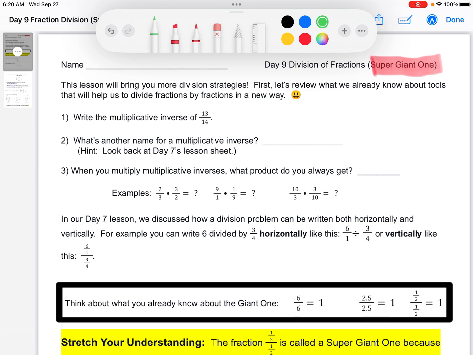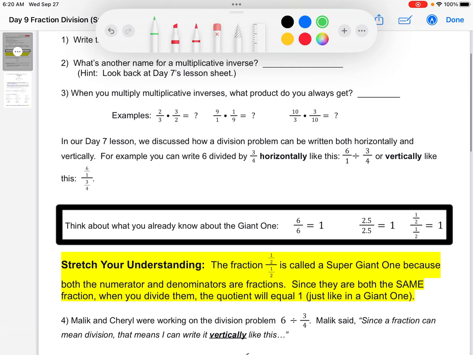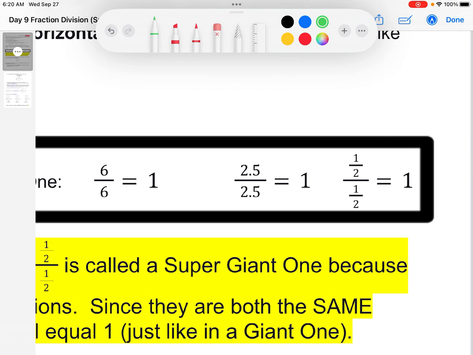So this was the lesson sheet from class. And what I'm going to do is fast forward and talk about what that Supergiant 1 is. So first we talked about this. These are giant ones. Why? Because whatever we have on top is what we have in the bottom. 6 over 6 equals 1. 2.5 over 2.5 is 1. A half over a half is also equal to 1. So those are what we call